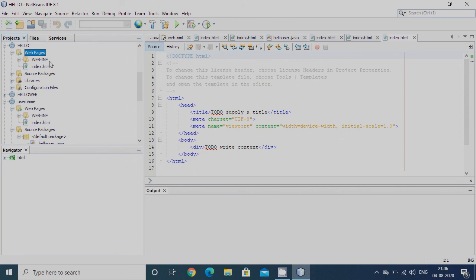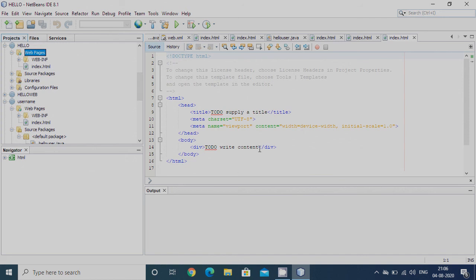We shouldn't rename it as we wish. We have to strictly maintain that the first file which gets priority in the project is index.html. So let the name be index.html as it is.